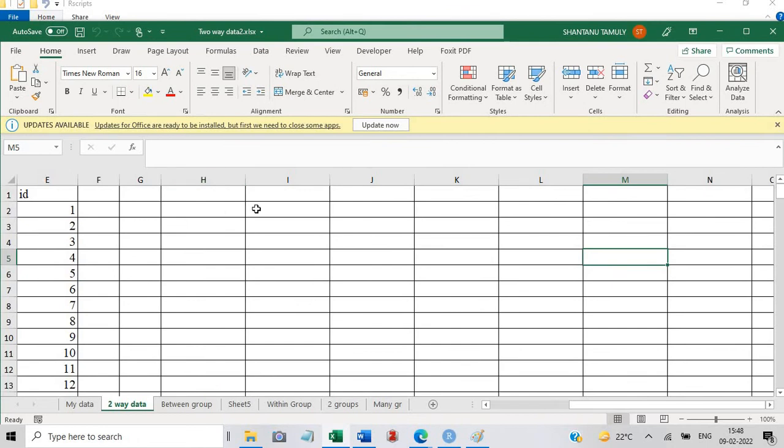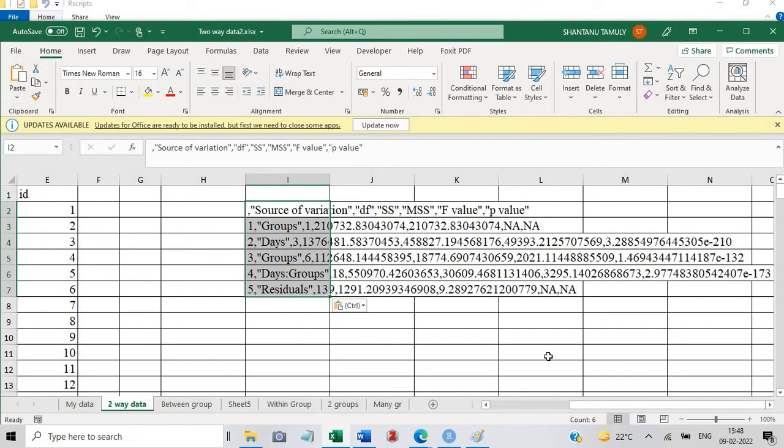Okay, I've opened it. Now if I click paste here, it will paste in this way.